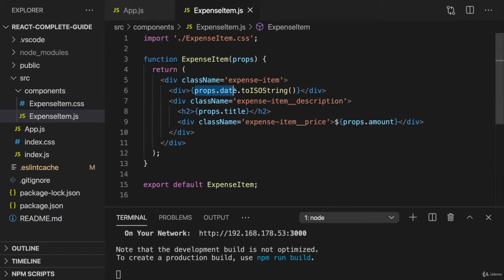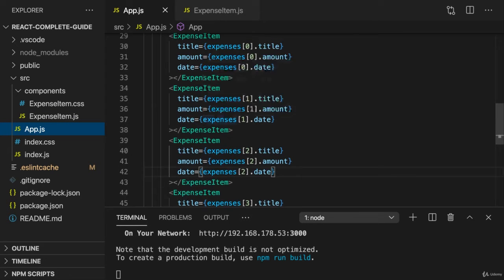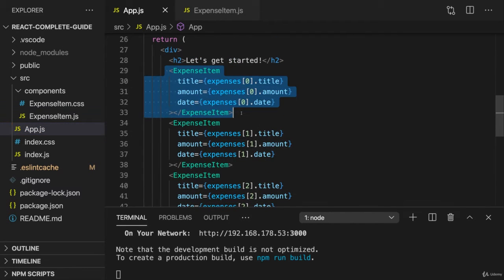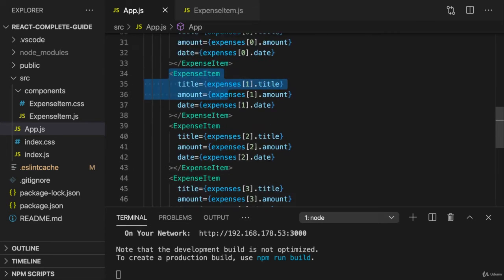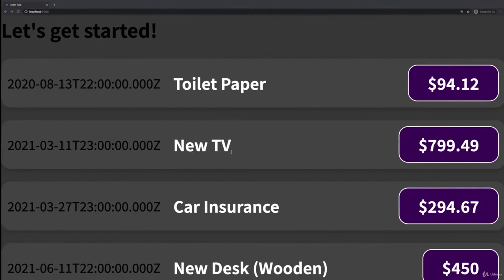Now that we learned about props, we're basically done with our first custom component. This expense item component is now reusable, and we can use this props concept to configure it differently every time that we're using it, so that the 4 times we're using expense item here, we're also getting a different output